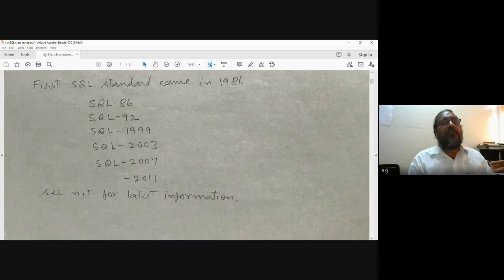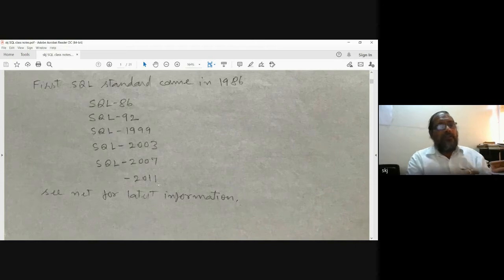Then the standard further evolved and new features were added, and we have another standard, SQL 92, and it will go on evolving. Then later standards came and they were known as SQL 99, 2003, 2007, 2011, and for the latest you have to see information on the SQL site or web.